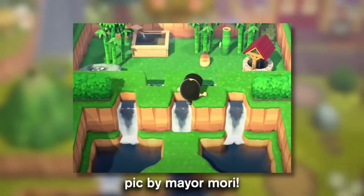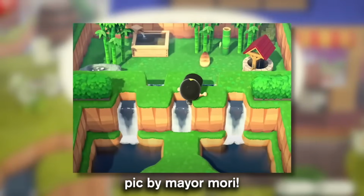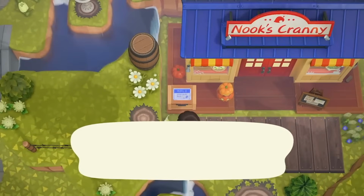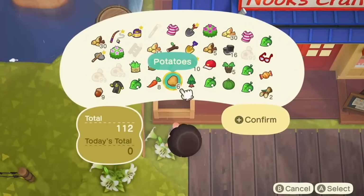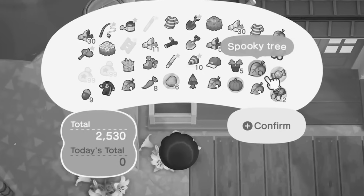Now, for some time, players went absolutely crazy with this, and they were working on making some really cool and well-designed areas using this secret technique. But rather than making it an official feature within the game, Nintendo decided to remove it entirely within an update. So this secret waterfall glitch got updated out of the game and it was never heard from again, which is